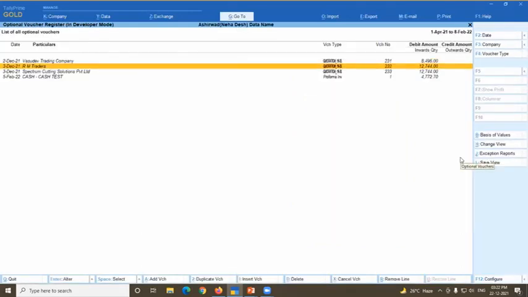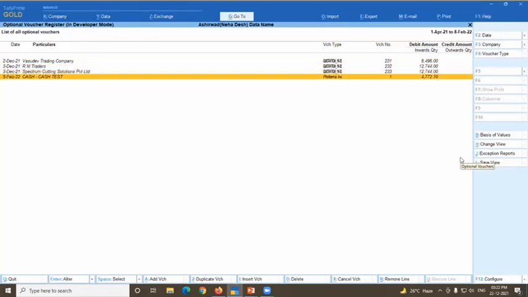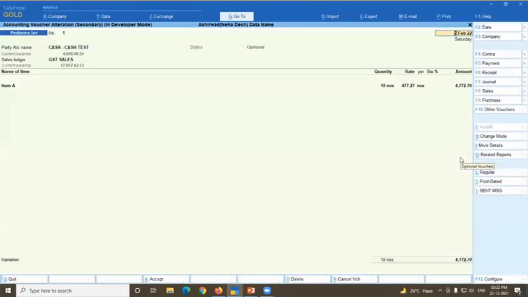Here are the quotations or whatever pro forma invoices you have given, and you can also select the flag, like Control L for optional and regular. See here, I am pressing optional and regular. So if I press Control L, what happens? If I save that invoice, it will impact the books and it is posted as a regular sale bill.